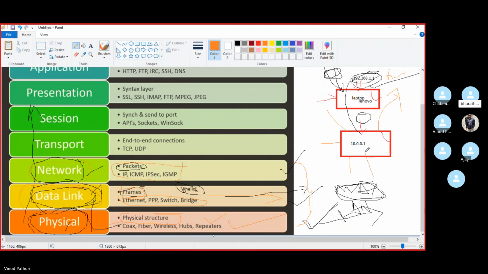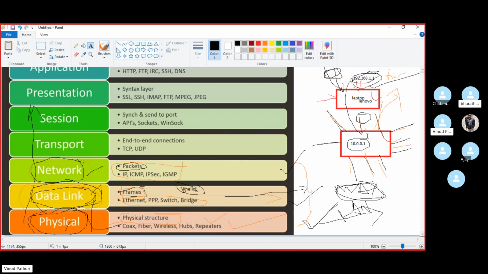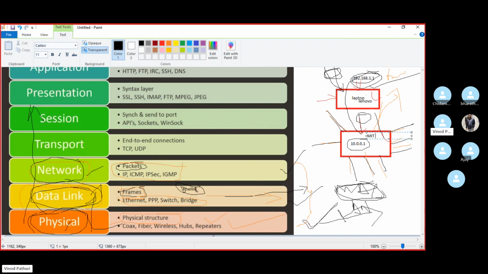So suppose you have connected these many devices. Here, I'm just writing in this bottom one. You have connected these many devices. So how will the switch know? I am Vinod, you are Ajay, you are Sneha, you are Bharat, you are Kiran. How will the switch know? By MAC address. It will form a MAC information table, the MIT table.